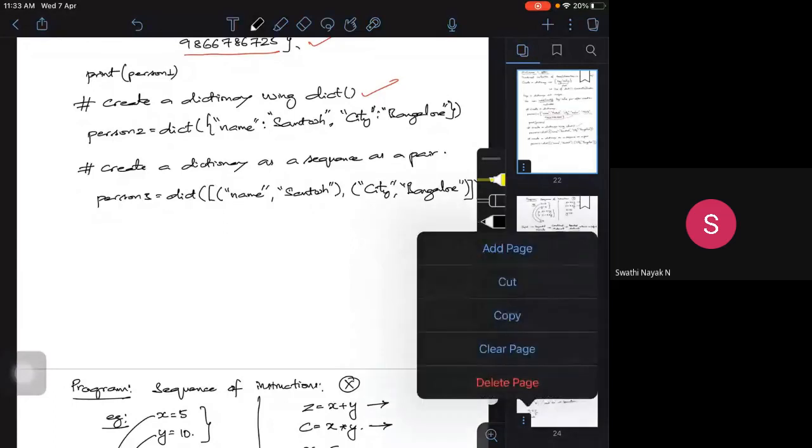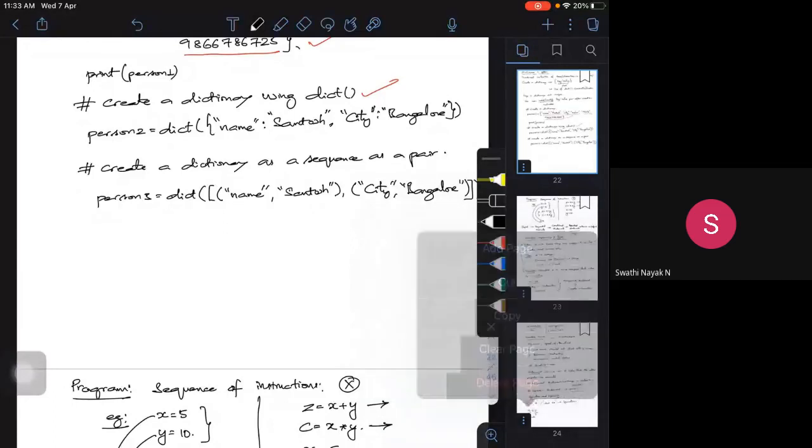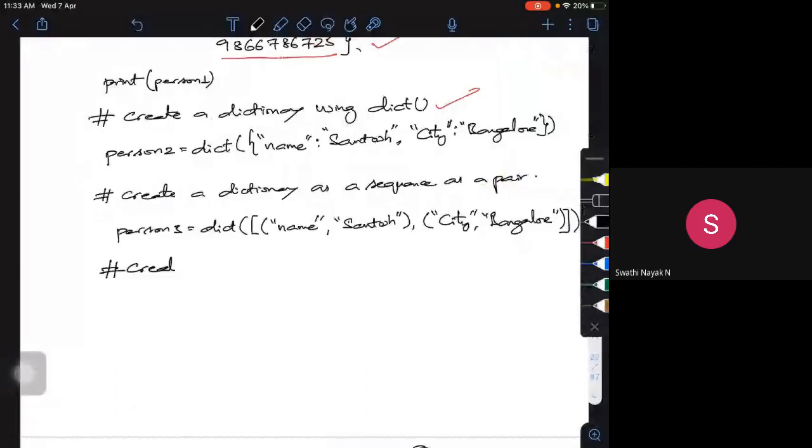Create a dictionary, maybe with a value as a list. I have a list, and from the list I am trying to do it. How can we do it? Let me call it person, name, city, and some telephone or whatever it may be.